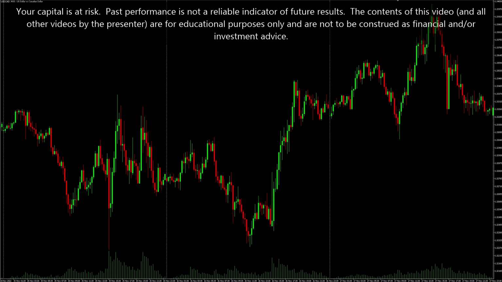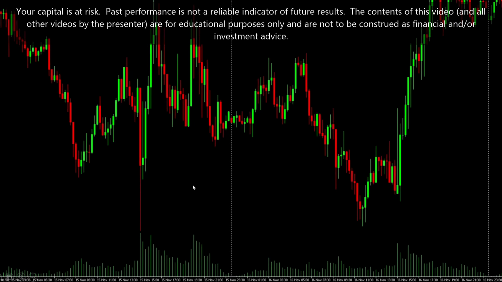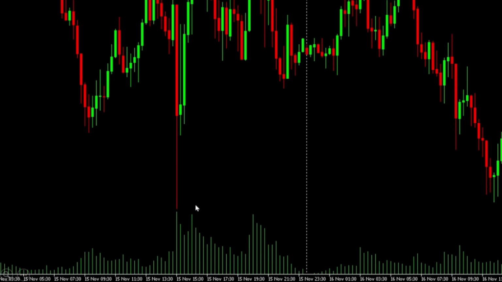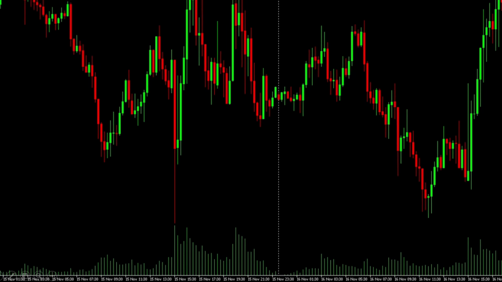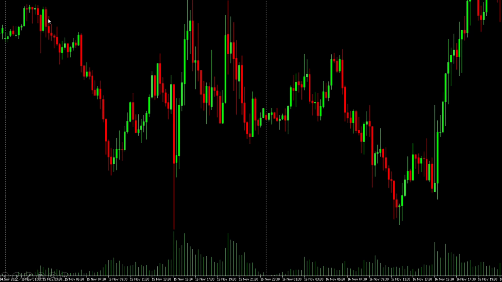So let's first look at a chart and see how these changes from one session to another manifest themselves in the price action. So we're looking here at a 15-minute chart of the dollar CAD across a 3-day period. Underneath the price action, I've got the volume shown so that I can explain how this changes as those new sessions start.